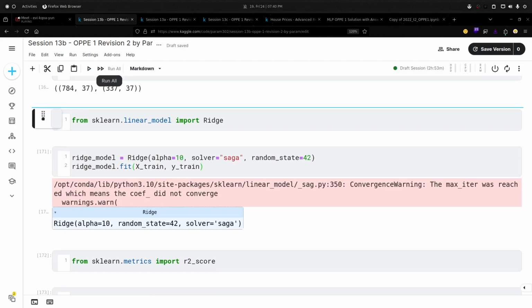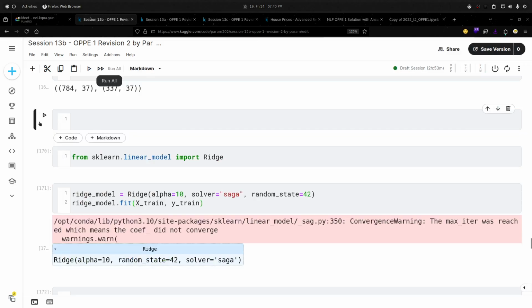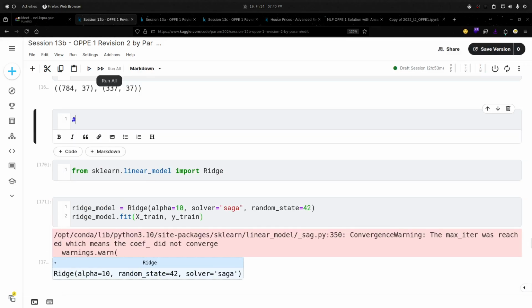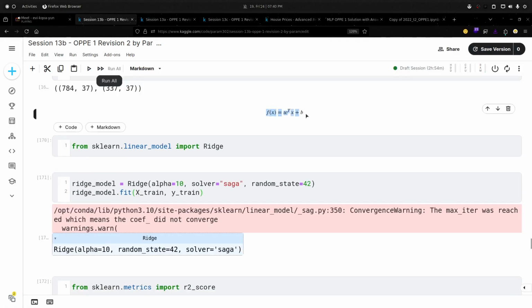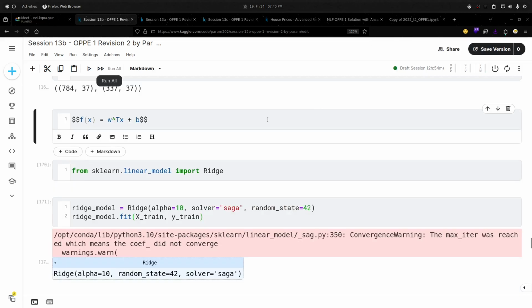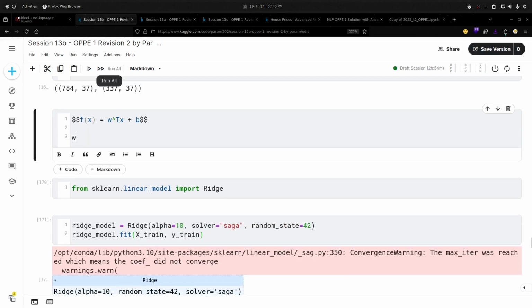The equation of linear regression is f(x) = w transpose x + b. Here w are the weights, which are the coefficients.